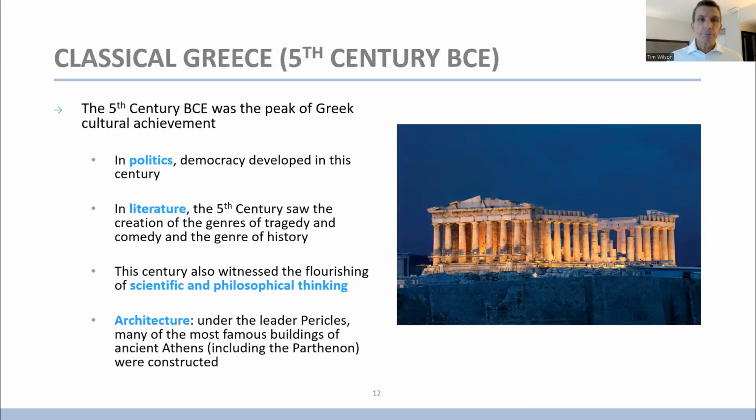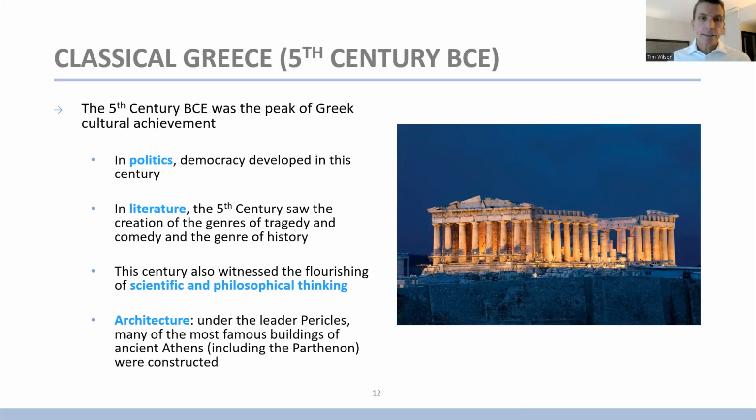So in the 5th century BCE, this is really the peak of Greek cultural achievement. In politics, we have democracy developing, most notably in Athens. In literature, we saw the creation of the genres of tragedy and comedy, and the genre of history in figures such as Herodotus and Thucydides. We see the birth and flourishing of scientific and philosophic thinking. So Socrates, of course, Plato,